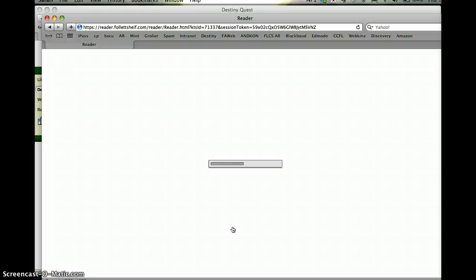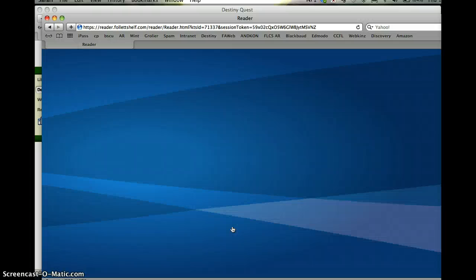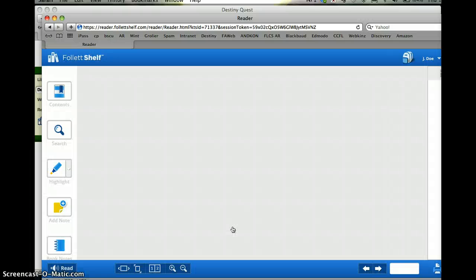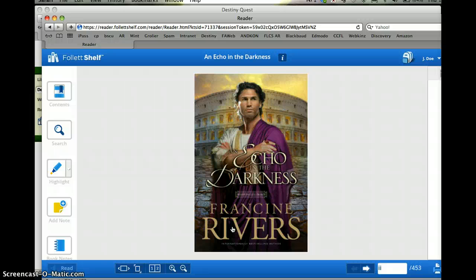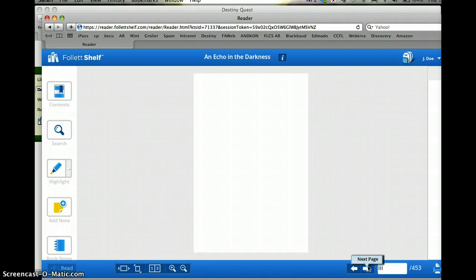Takes a minute to load depending on your browser. So I'm not checking it out this time, I'm just opening it to look at it. This is the Follett Shelf Digital Reader app. You can have an app on your iPad, or it'll just open up on your browser if you're on a desktop or laptop. So here's the book. You can see all the different features around the edges. If I want to open it,